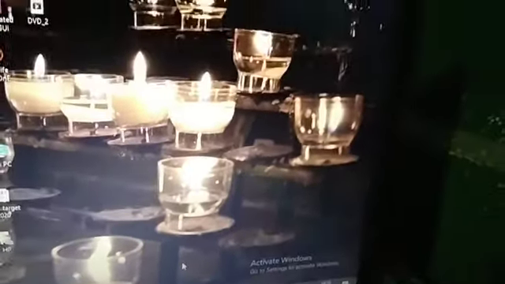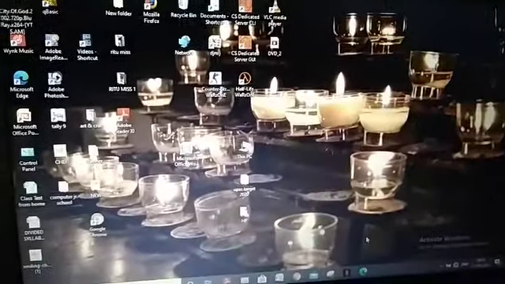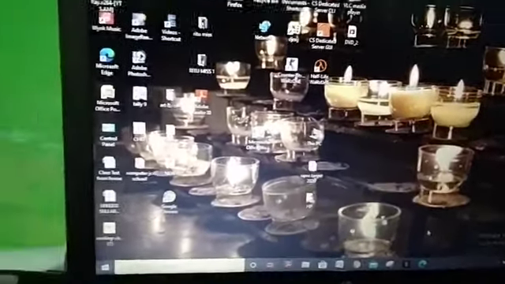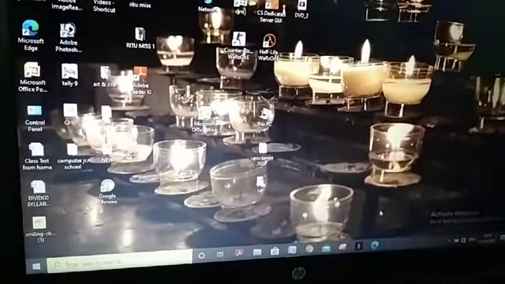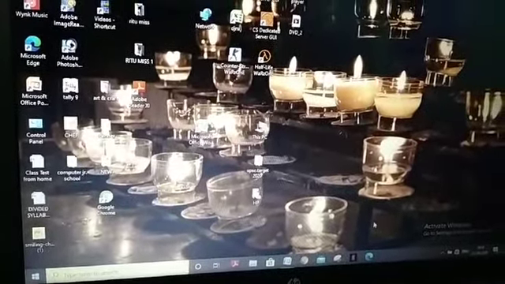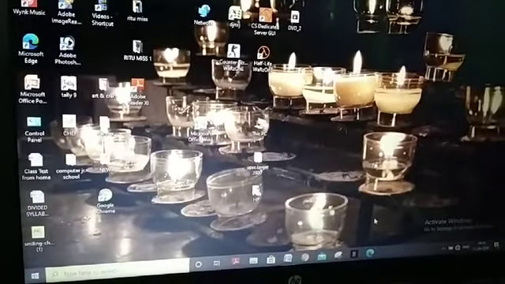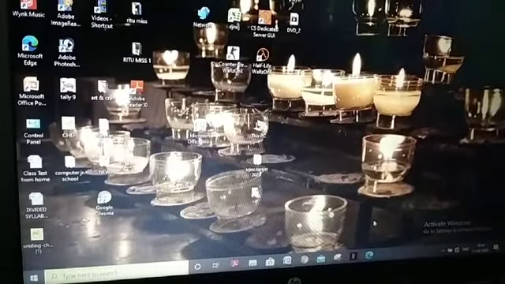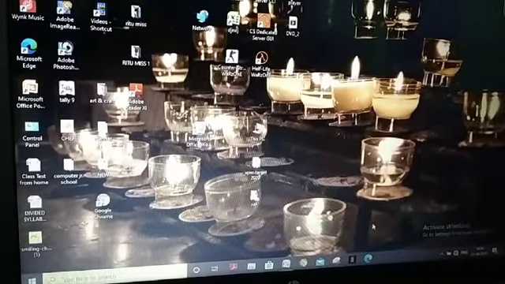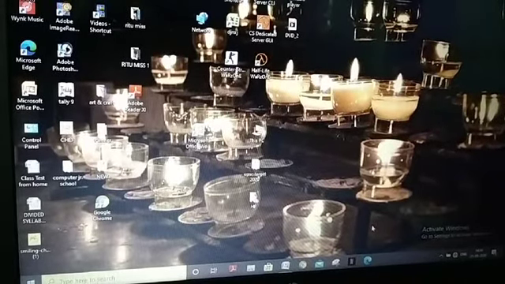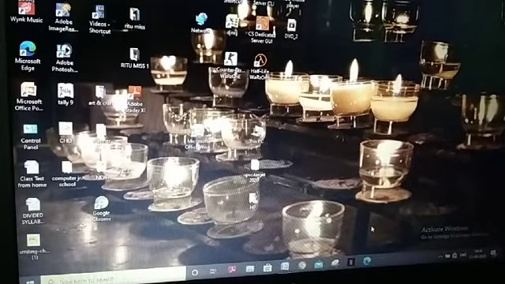So there are 3 menus: the right click menu, or you can say shortcut menu, or context menu. This is your screen, this is your desktop background. The shortcut menu we have done.